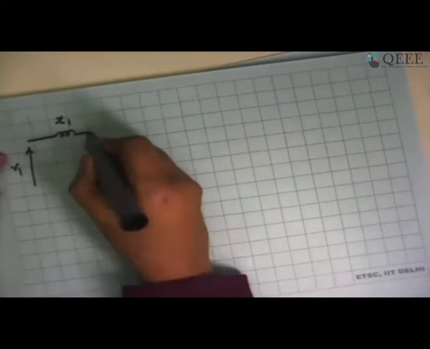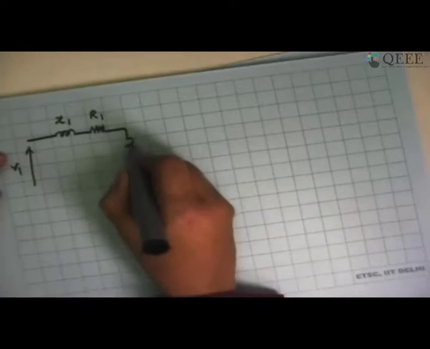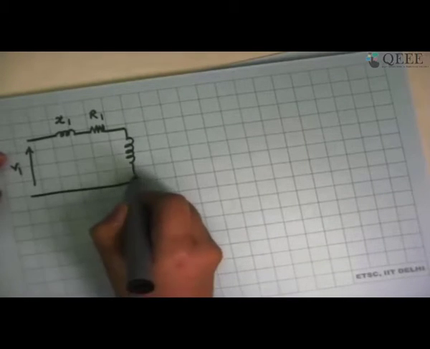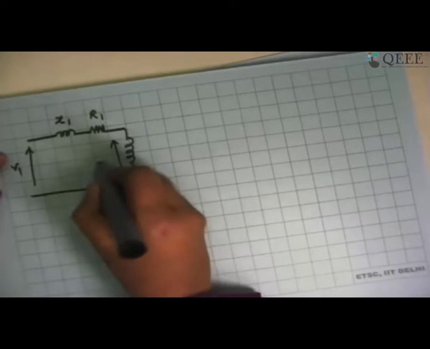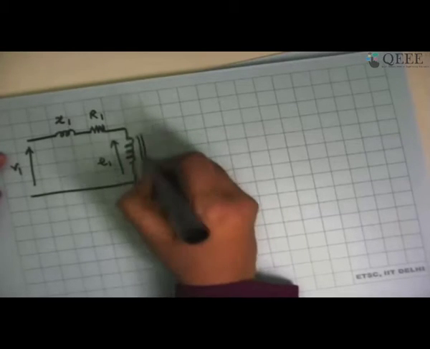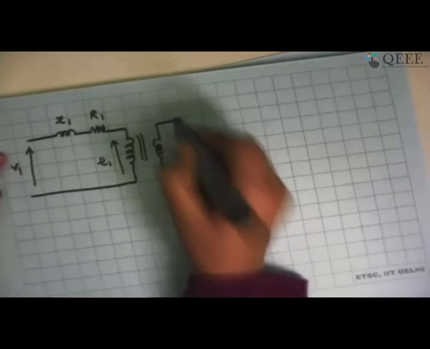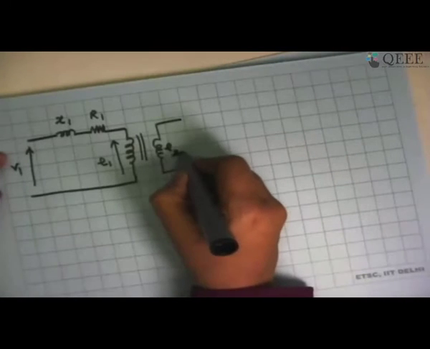Now, looking at this, what I can do is to first of all draw, this is what is V1 that I am applying. Some amount of flux is getting leaked, which is essentially represented by a reactance drop. Definitely the copper winding also has a resistance. Let me call that as R1. And what is left over here is going to be the one which is contributing to the induced EMF, which will link with the secondary side as well. So I should say this is my E2.